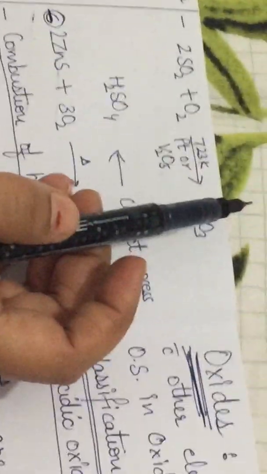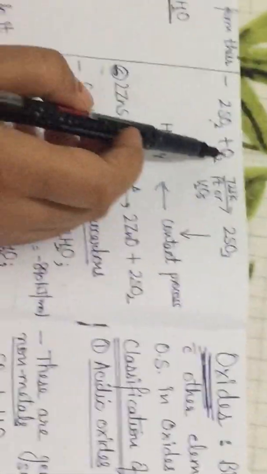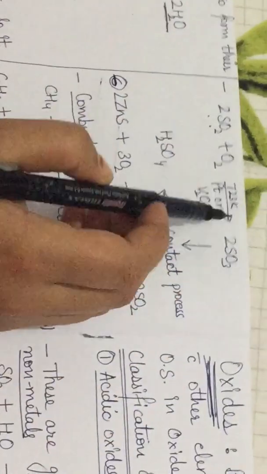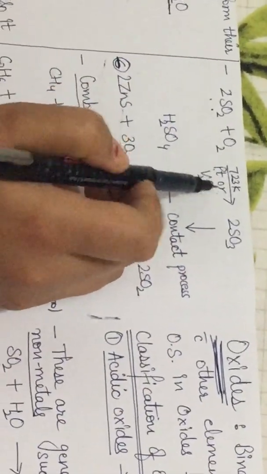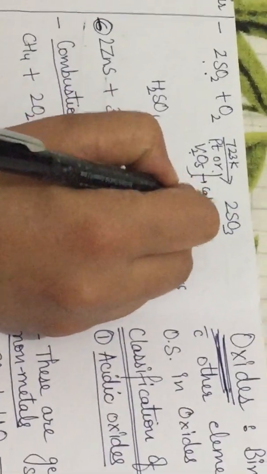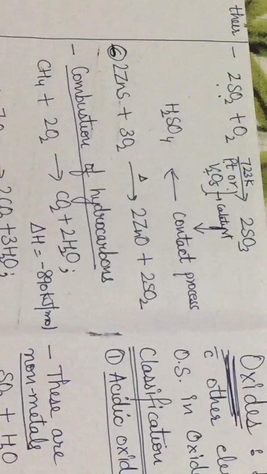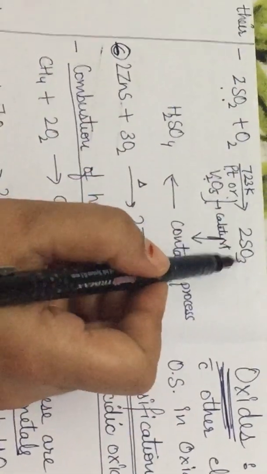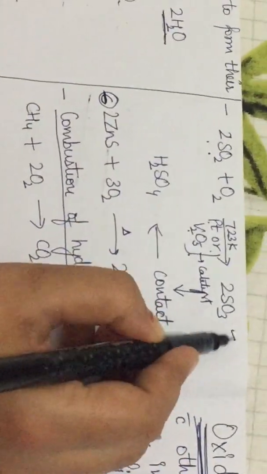This is a process which is used for the preparation of nitric acid. Another example of reaction of oxygen with compounds is with sulfur dioxide. Oxygen reacts with sulfur dioxide in the presence of platinum or vanadium pentoxide. These act as a catalyst at temperature 723 Kelvin and it will form sulfur trioxide, and this reaction forms the